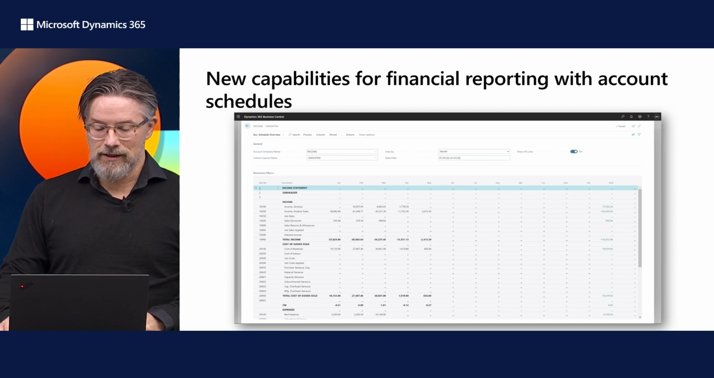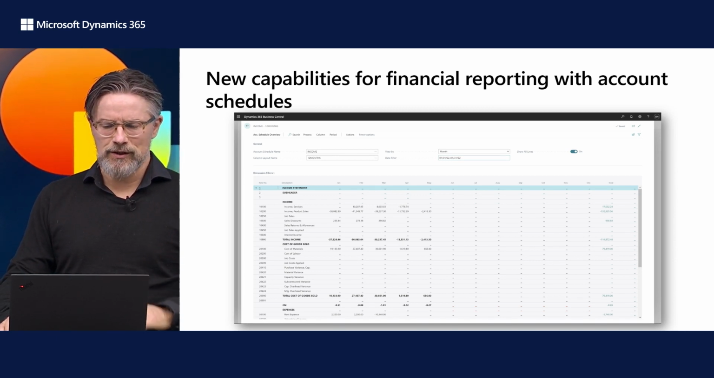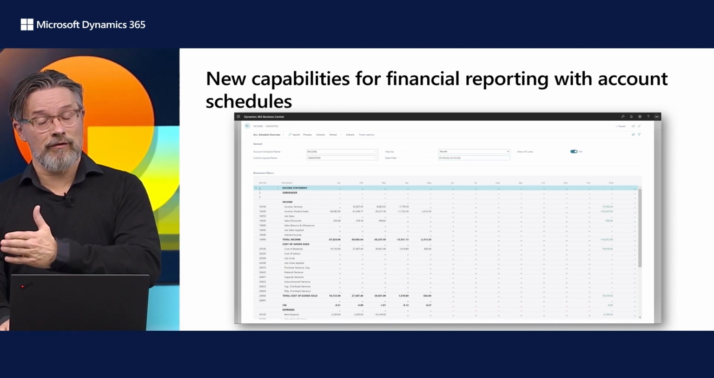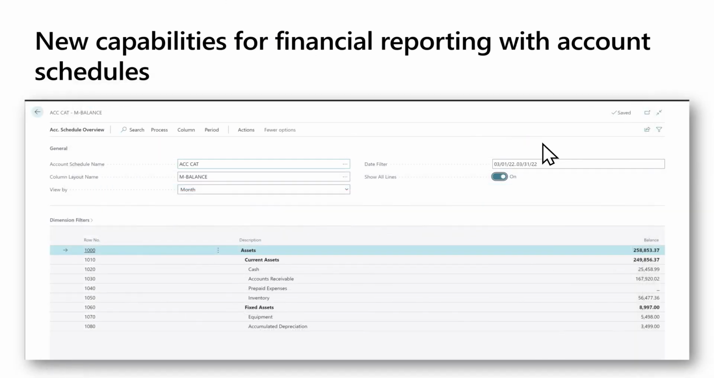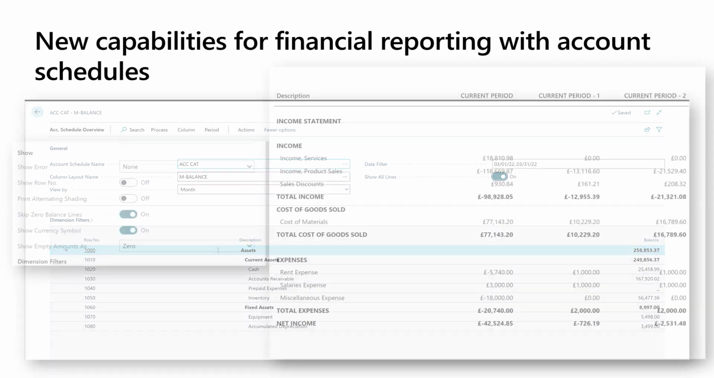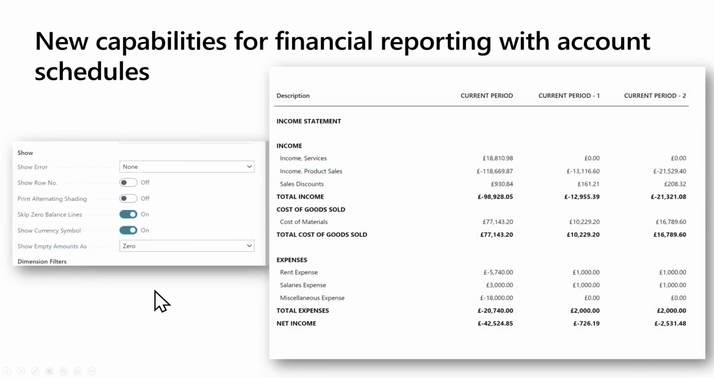Then I have a few slides just to show it before I demo, but maybe we can just skip the demo. You will have 12 columns. You'll be able to say, show all lines. You'll be able to use account categories. And you'll be able to control, in the request page, you can specify